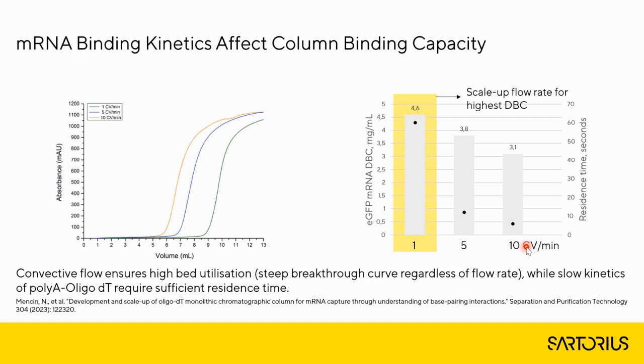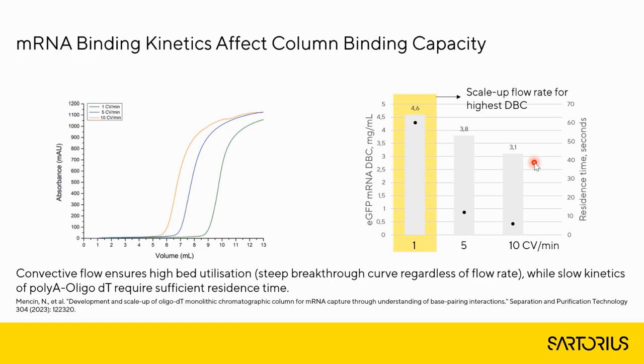Basically, we have relatively short stretch of mRNA that has to find a relatively short stretch of the ligand on the column, and so we do want to give it a necessary residence time. And so we have shown that, for example, increasing flow rate for loading from 1 to 5 to 10 column volumes, which is high flow rates by any given standard, can lead to a decrease in binding capacity. But we get very respectable binding capacities, even at 10 column volumes per minute, given here for the example of EGFP